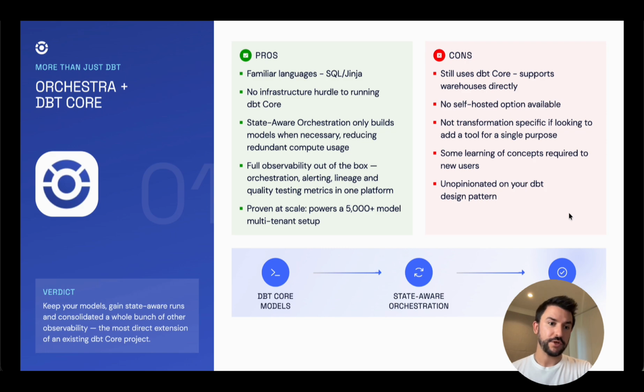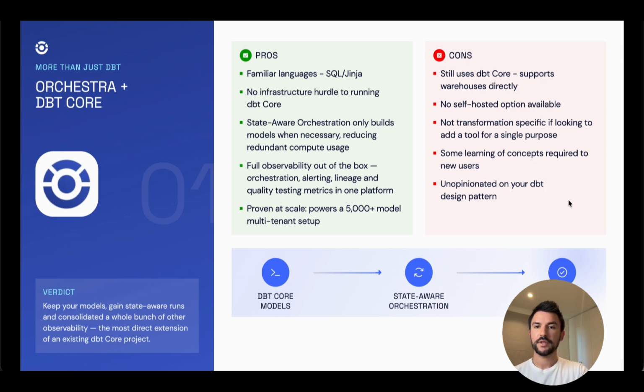You don't have to move away from your current DBT project, so literally nothing to learn. You have DBT, you understand it, you know the project, nothing to change, nothing to migrate. And finally, Orchestra has been shown to run large scale DBT projects as well. So it's not going to shy away from your many thousand model project, like perhaps some of the others may struggle with. On the downside, it still uses DBT Core, so you are at the mercy of whatever happens with that project. Though you could switch to DBT Fusion and run that, but that's kind of up to you still